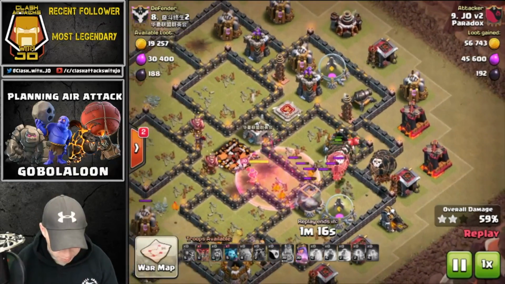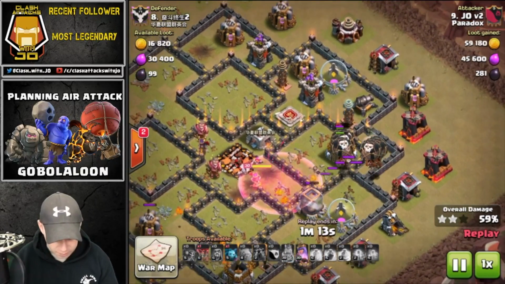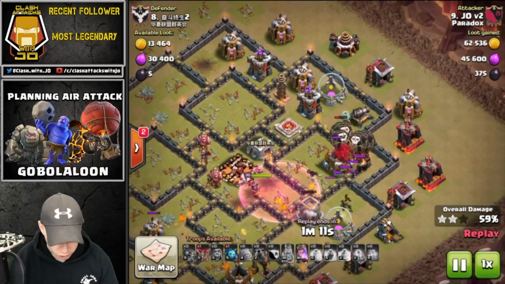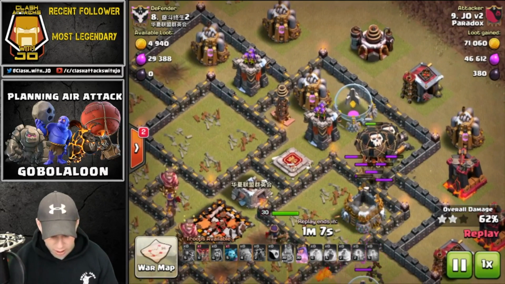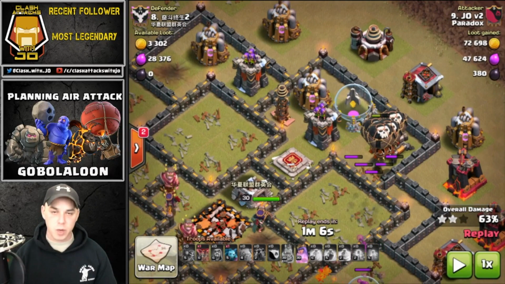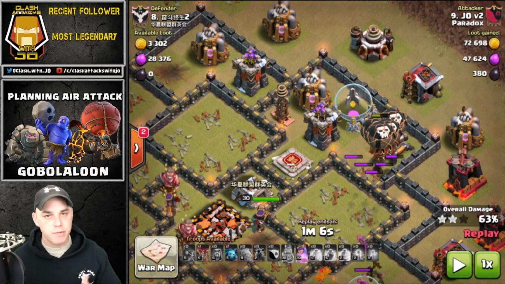So being patient in your drops is very critical. Now, the Archer Queen's still in that center compartment, and she's just going to continue to take out structures. Now, this is where things get a little hairy, and here is where I have to think on the fly. I still have the Archer Queen's Royal Cloak ability, and I only have 1 balloon left in the queue,